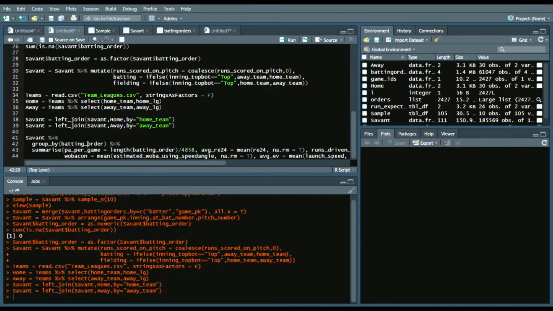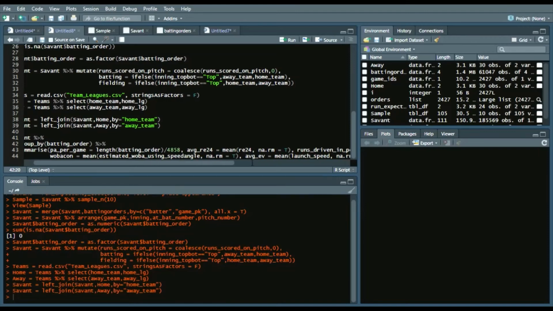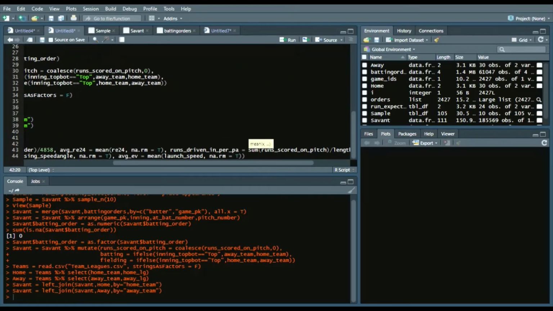So what we're doing is, from the Savant dataset, we're using a piping operator and grouping by batting order. Then we're going to summarize plate appearances per game equals length of batting order divided by the total amount of MLB games in 2019, which is 4,858. And then we'll get the average run expectancy for each batting order. Then runs driven in per PA,